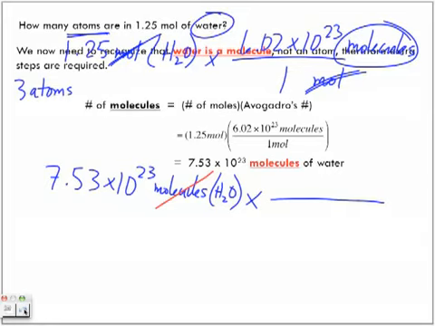So what word should I put down here? Molecule, right? But now, in 1 molecule, let's get rid of that S. In 1 molecule, how many atoms are there? 3. So there are 3 atoms in 1 molecule because we're referring to